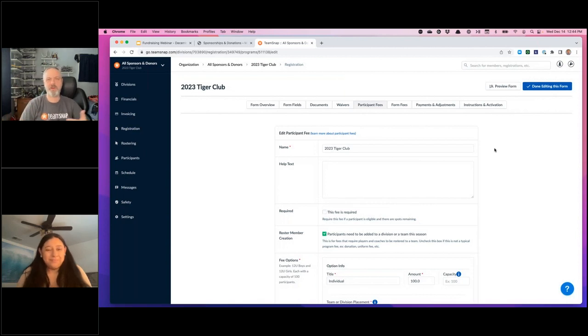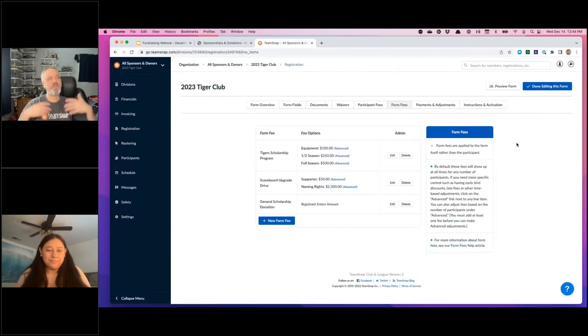One of the things I think people overlook at times is just how simple it can be. It doesn't need to be a complex membership platform, but this is a great way to be able to do that. And then alongside that with our form fees, a few of the things that we've placed in here, and we've got some recommendations, is, as you noted earlier, talk about the initiative, give them the options to donate to very specific things. I may love watching the scoreboard, so I may want to provide some opportunity there while also giving a general donation where they can input whatever numbers they want at that point, right? Correct. Okay, and adding these are simple.